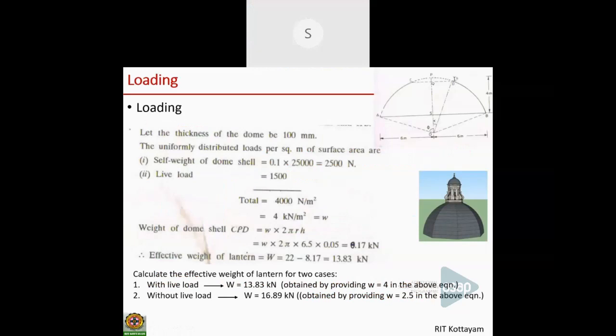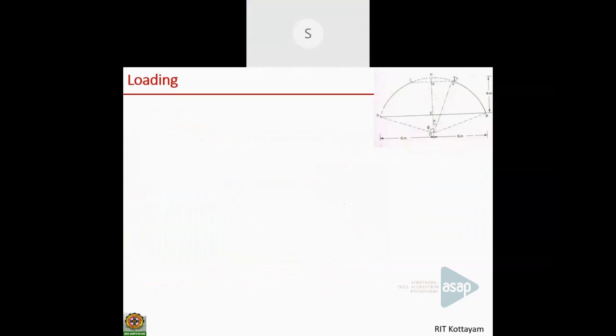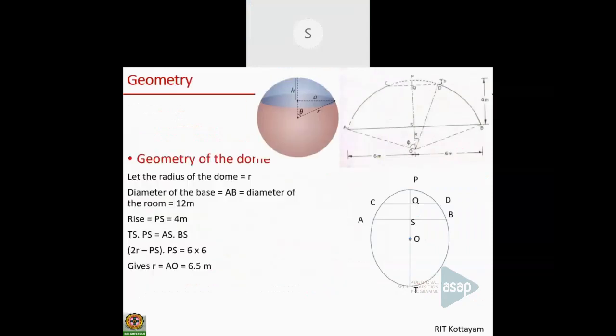Ma'am, in the given figure, Aditya Shekhar asked, how do CQ and QD become equal in that particular picture? CQ and QD, no, it is drawn through the diameter only. That is why. This is the figure, it is a mathematical concept of a figure. This is drawn through the center to the diametrically opposite point. So it will be the same.